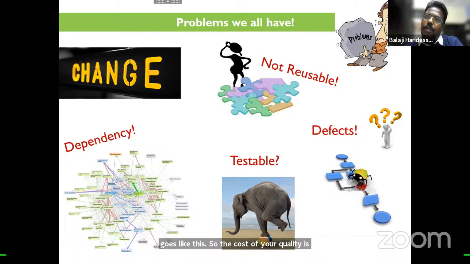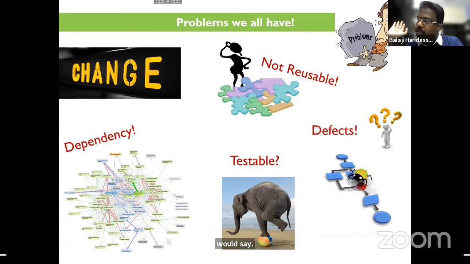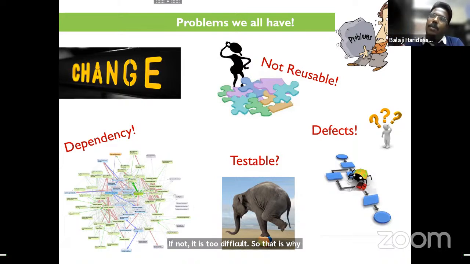If you don't have a properly thought through system design, I would say, it is too difficult. So that is why the defects are all because of not properly designed, no proper mindset in coding. All these things are the resultant defects of this. And finally, if you have a system like this, how will you test? The testing will be a nightmare.